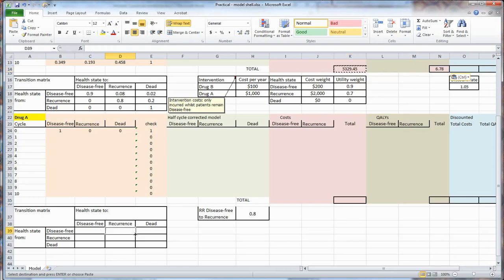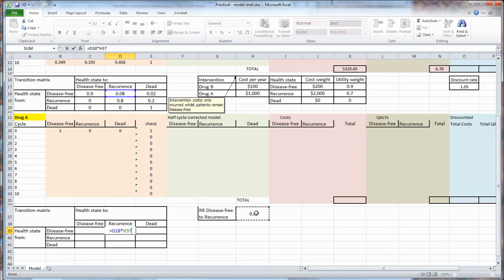The effect is on the probability of moving from disease-free to recurrence. So we're saying that the probability of disease-free to recurrence in drug A is 0.8 of the probability in drug B, so it's D18 multiplied by